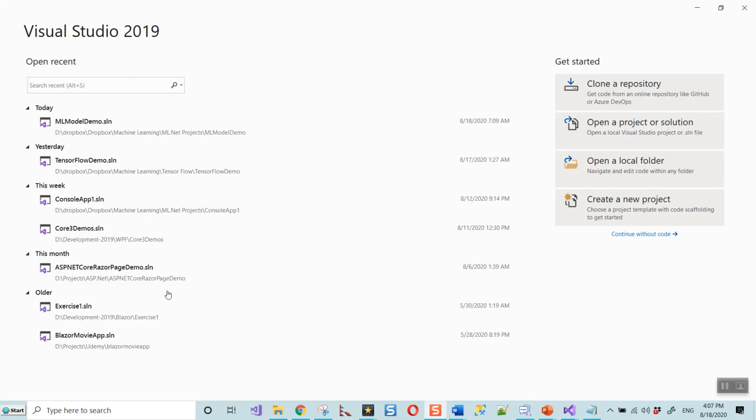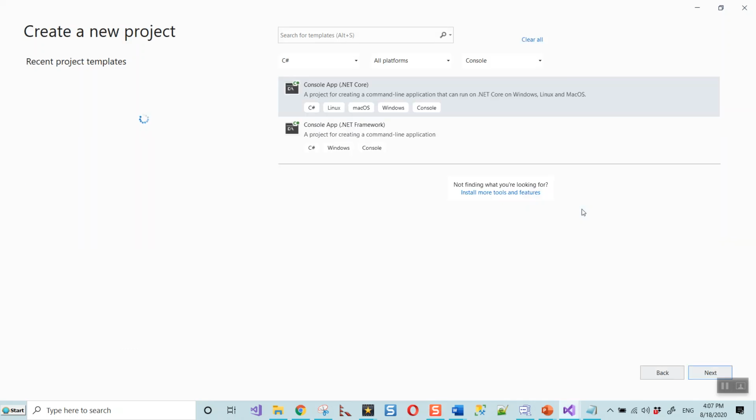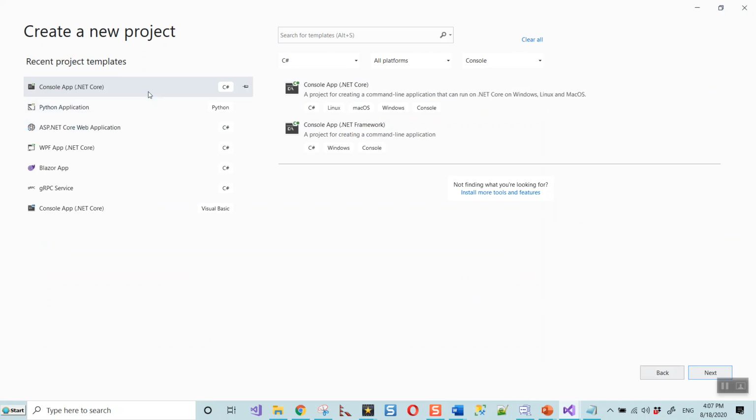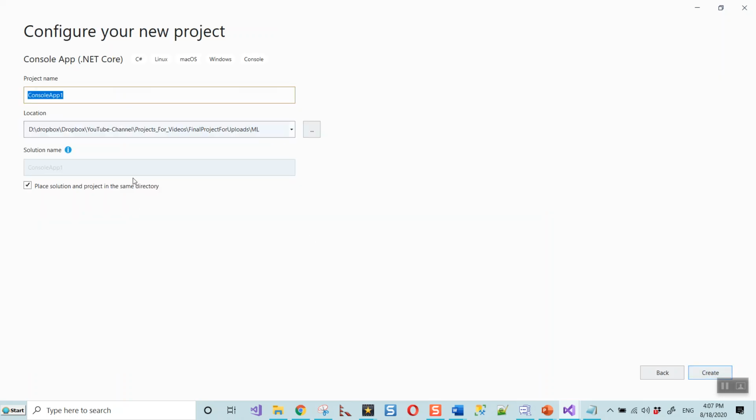I have Visual Studio 2019 in front of me, and I will create a new project, a console app, .NET Core. Next I'll have to rename it, so I'll rename it Hello ML.NET, and then click on create.